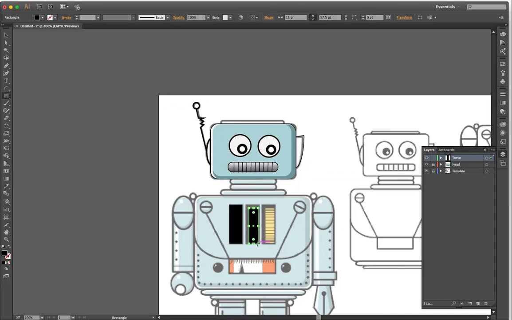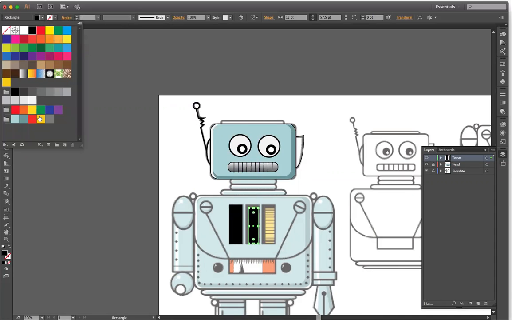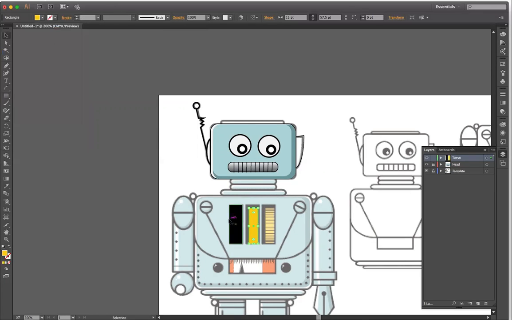Switch back to my fill color, get my black pointer, use the arrow keys to move it over into position, nudge it up just a hair,